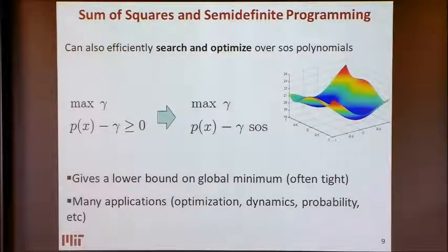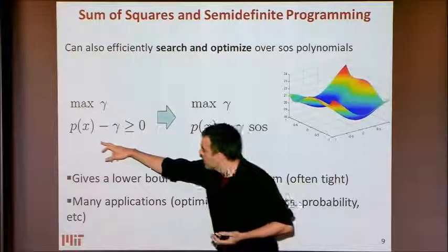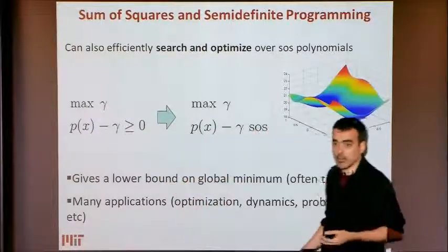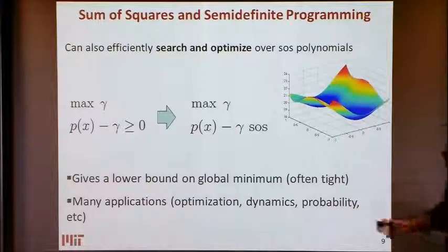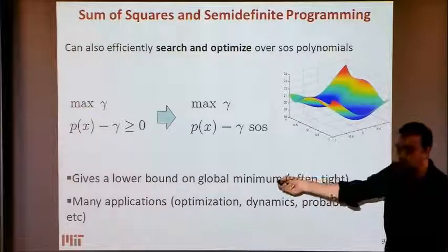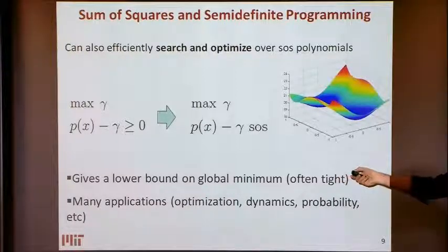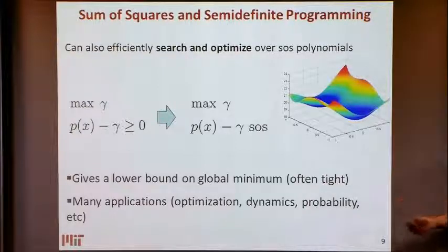So I have a polynomial, I'm trying to find the minimum. I can just take a constant, push it up as much as I can, and as long as this polynomial is non-negative for all x, that means that P of x is greater or equal than gamma for all x. And of course, now we can go from this non-negativity condition that I told you is ugly and difficult to a condition of this type, where I try to find the largest gamma that satisfies that P of x minus gamma is a sum of squares. And this we can do just with a semi-definite program